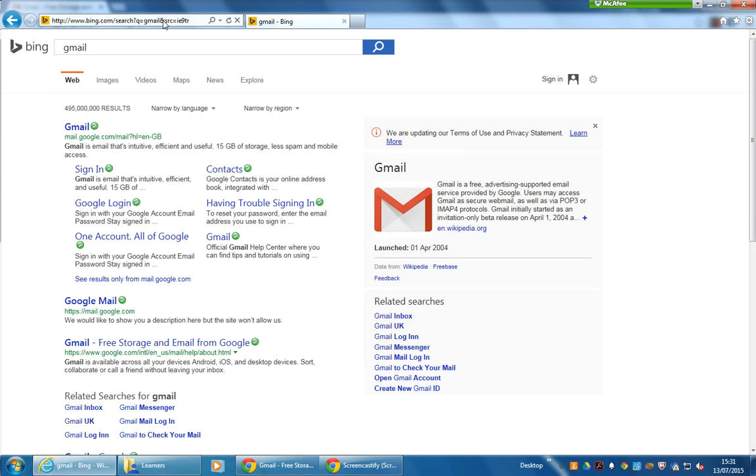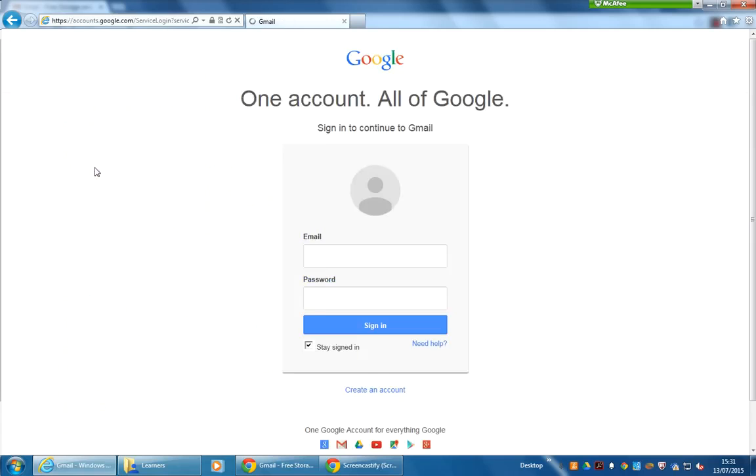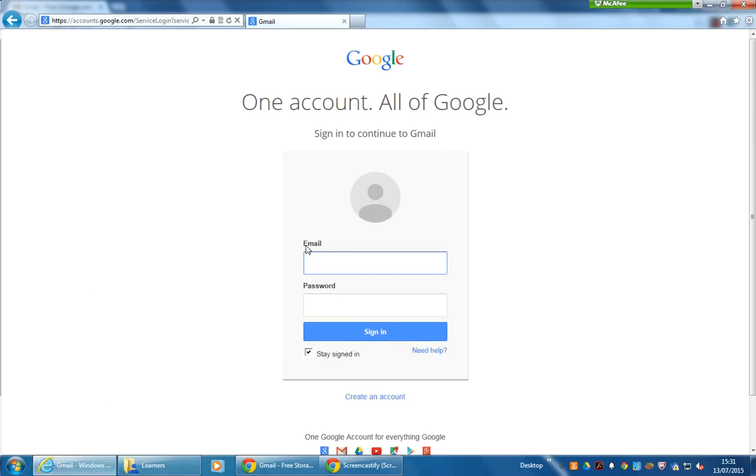box. And there it is. There's my Gmail. I could click that one. You can tell if it's a link because it turns into a finger. There's even the sign-in box just there. So I'm going to just click sign in. Should take me straight to my sign-in. And here it is. That'll need my email address, which in this case is